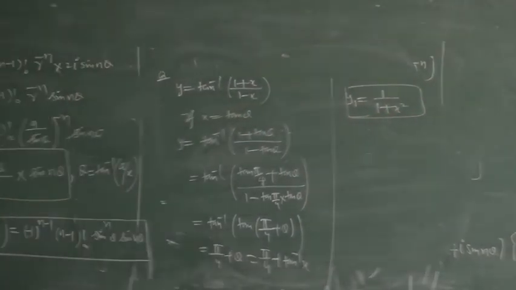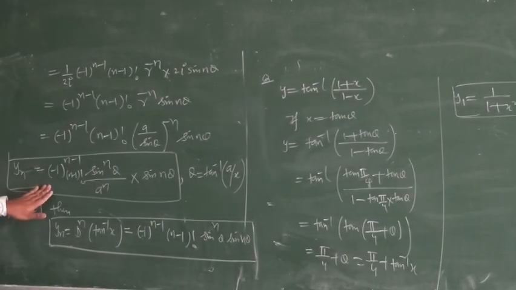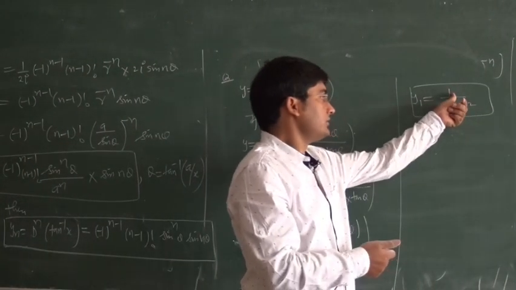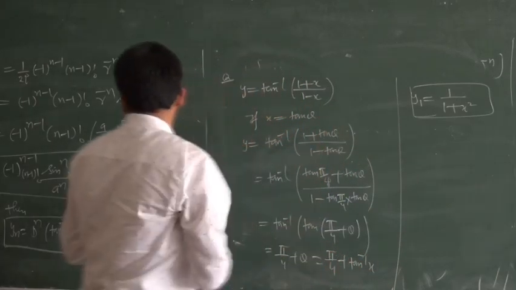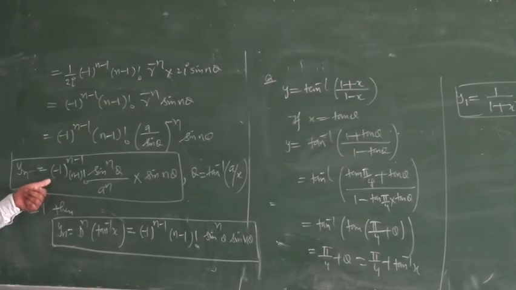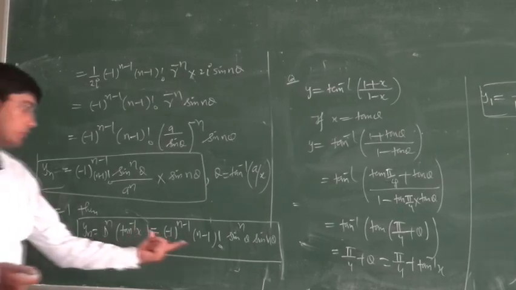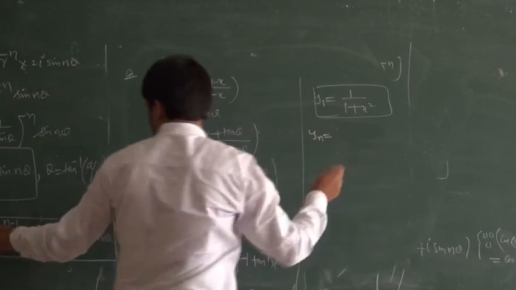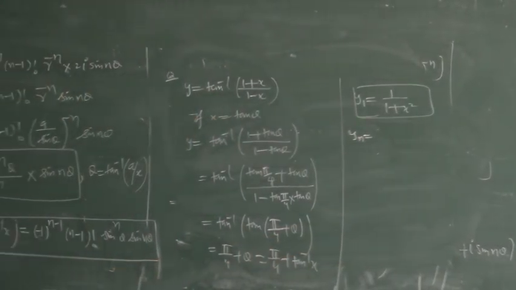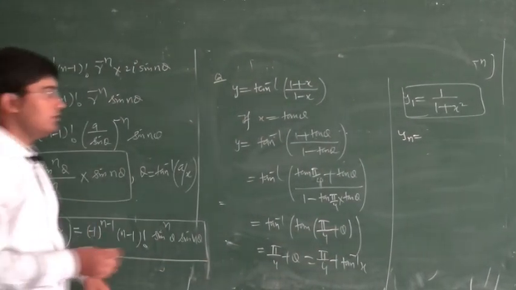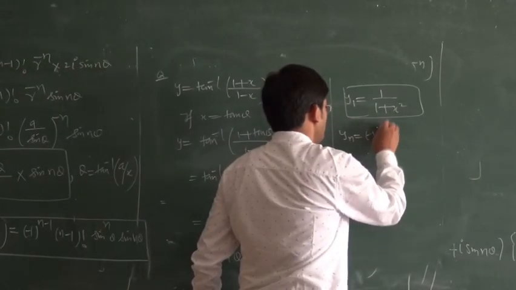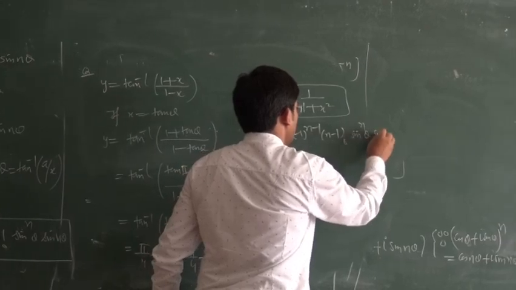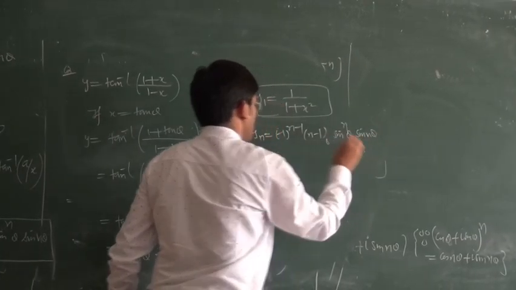So now the whole proof is similar to this question. In the earlier question, here we have a, now our a is 1, so just put a equal to 1 in this question. So that means this will be your answer. On differentiating n times, just put a equal to 1 in this question. So we will have minus 1 power n minus 1, n minus 1 factorial, sin power n theta into sin n theta. So this is your answer of this problem.